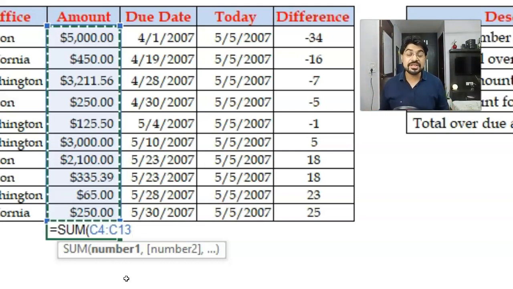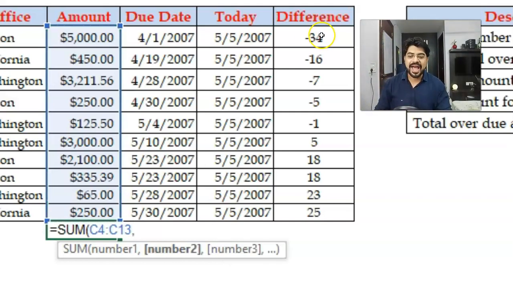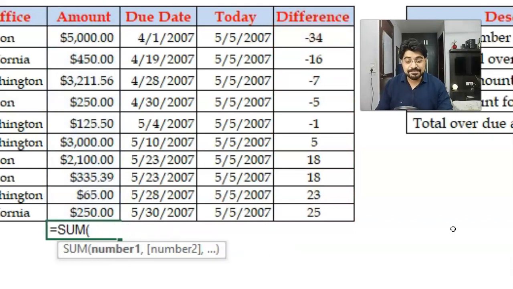Now the question comes in: when to use number 2 or 3 and so forth? How we can do it and when to use it is simply when the range is not continuous. For example, in this case, I want to do the sum of the amount column. I'll press comma, and I want to add the difference column along with it, right? So this way you can press comma, or in any case, if you have to skip some values in between.